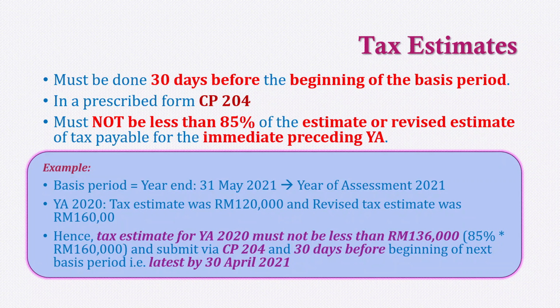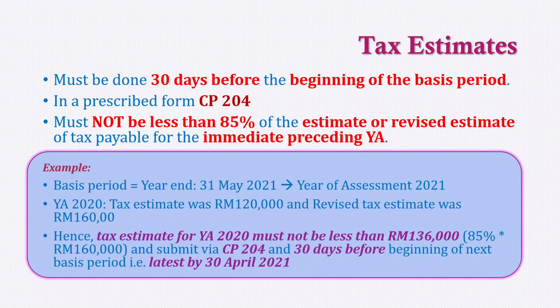Therefore, the tax estimate for YA 2021 must not be less than 136,000, which is 85% of the previous tax estimate for the prior year of assessment. Okay, so once you compute, that means it must not be less than 136,000. So the minimum must be 136,000, but it can be more than 136,000. Okay. So once you have computed how much is the tax estimate, you fill up form